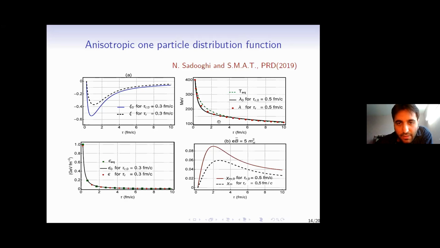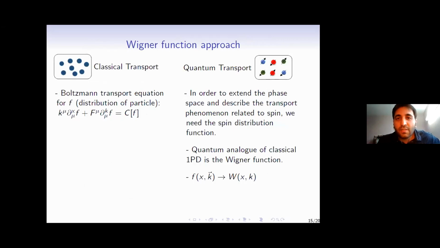As you can see, at the earliest stages, the temperature for the anisotropic case drops faster than the case of Bjorken, but the late time behavior is almost the same. And I want to draw your attention to the behavior of the magnetic susceptibility. As you can see, when the system decreases the anisotropy parameter, the magnetic susceptibility starts to increase. And when the system starts to go to the isotropic case, the magnetic susceptibility starts to decay. But the question is,